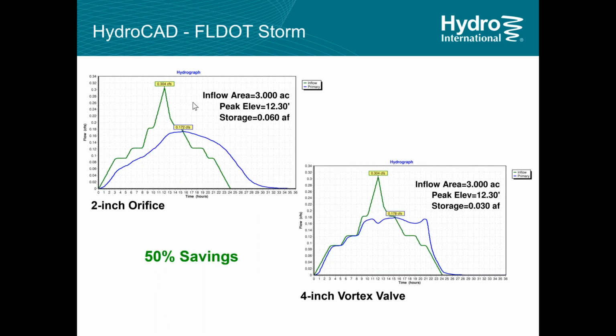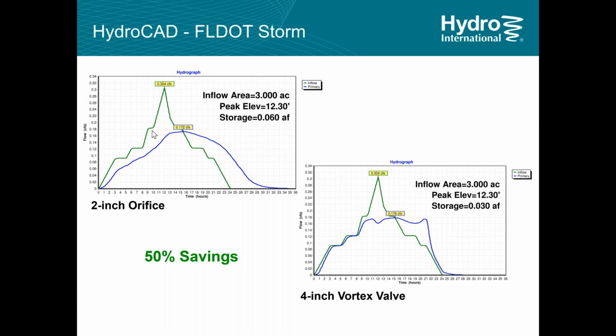It gets stranger. If you had a storm that is even less intense, has a less intense peak, this is a Florida DOT storm. I think some of the storms in the Pacific Northwest are good for this as well. And you compare the hydrograph of a 2-inch orifice to a 4-inch vortex valve. Again, maximum flow rate leaving this is